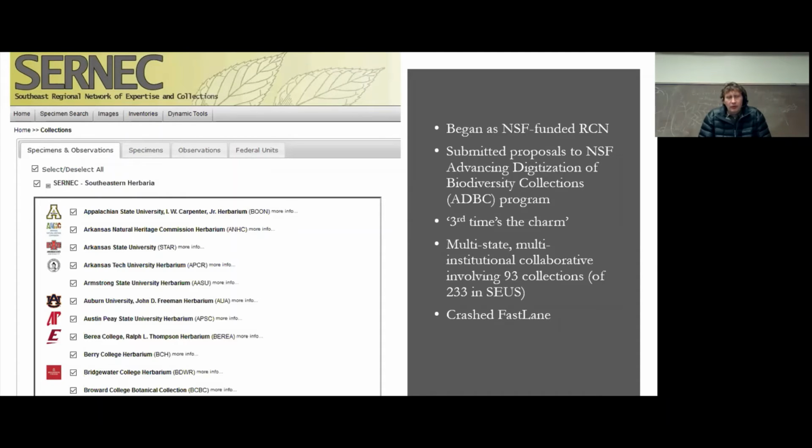And then there were a few what they call thematic collections networks that were funded at that initial phase. We attempted to get funding to form the CERNEC portal as a thematic collections network at least 3 times, and finally we got it right. And it was a beast because we had collaborators from 13 different states across the Southeast involving 93 herbarium collections,